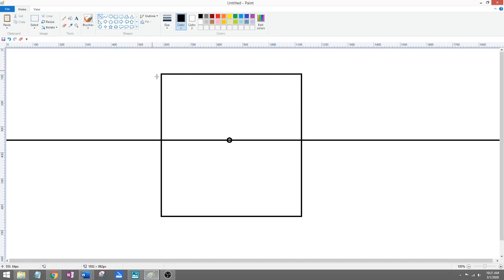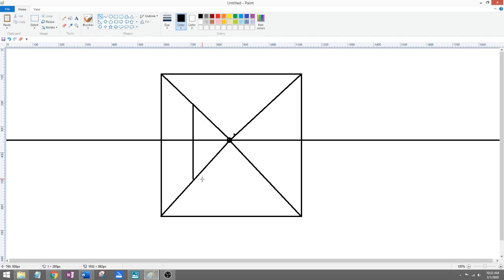Now we're going to draw from the vanishing point to the four corners. Remember the receding lines as it goes back. I'm going to stop right there, and this will be the back portion of the box. Where it meets that portion, we draw across, and then we draw vertically, and hopefully,